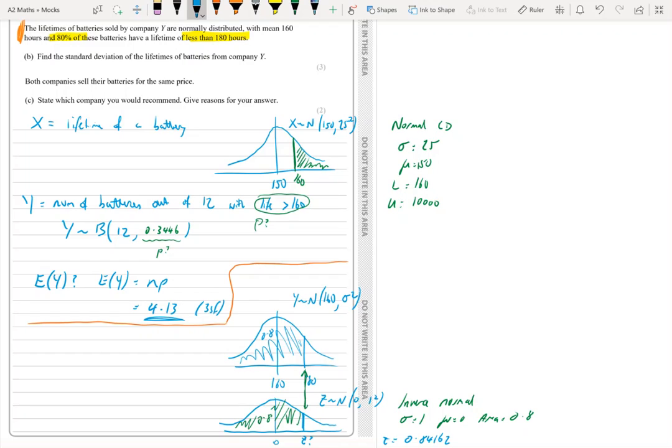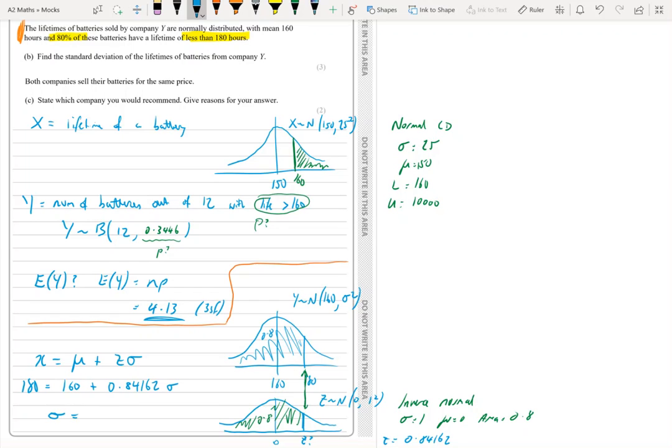So we're ready to put all the data we have into the formula. Remember, the standard formula here is X equals mu plus Z sigma. X is the value from the real life distribution, that's the 180. Mu is the mean of the real life distribution, that's 160. Z is the Z value that corresponds with 180, the one that matches underneath, the one we've just calculated as 0.84162. And sigma is the unknown in this equation,